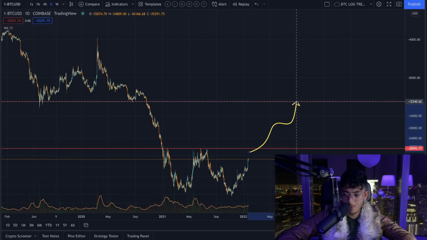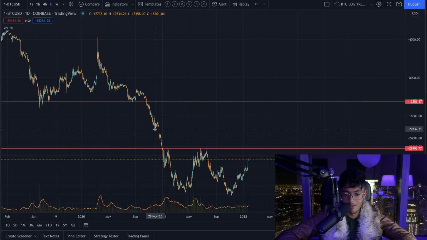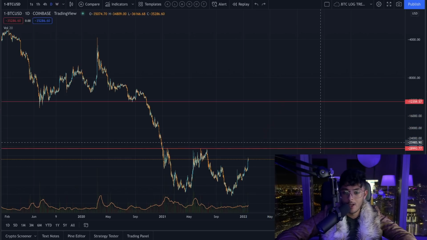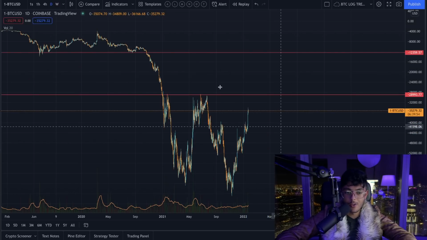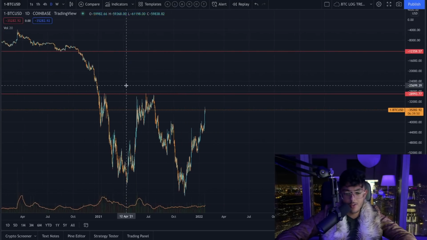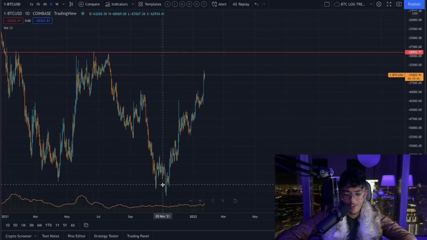This price level, if you're wondering, is minus $12,000. So on our real chart, this is $12,000. This is the next area of resistance where, if Bitcoin managed to break this area, I would expect a very quick rip to the upside until it reaches its next area of resistance right here on this chart. Very important stuff. But another conclusion that I can draw from this still pretty easily is that this rally has